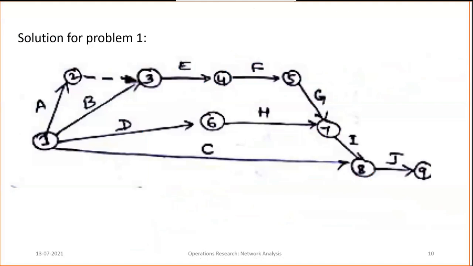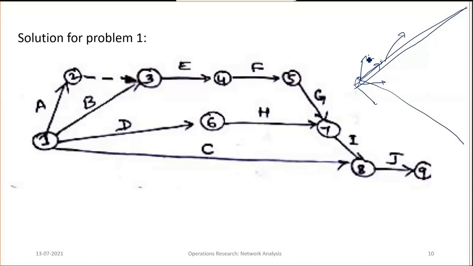And while drawing the network, try to concentrate on one single line first. You need to concentrate on a middle line, and should not draw the line like A, B, C, D, and again B, so it should not move either to the upper side or the bottom side. So always try to draw the network in a straight line, in the middle only, because if you draw the network clearly, then while solving the problem you will get the answers easily, and it can be readable by anyone.